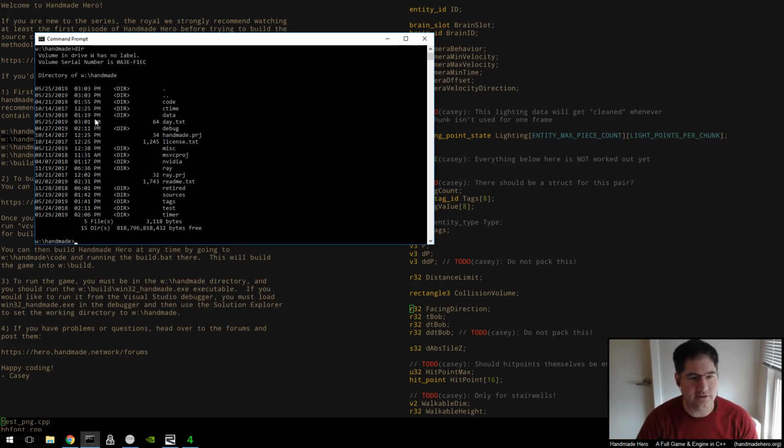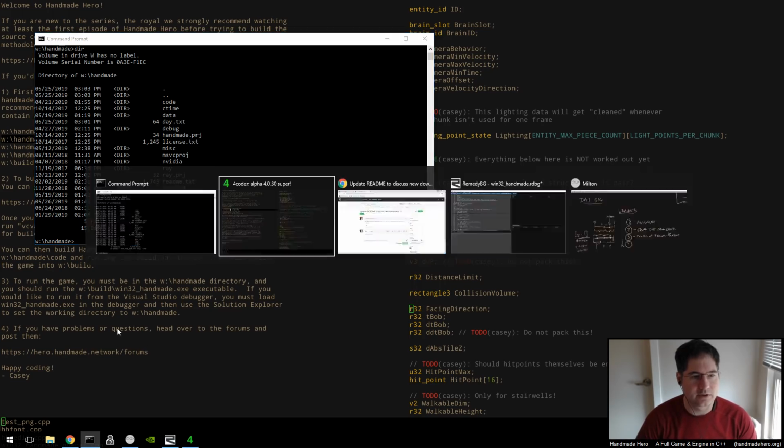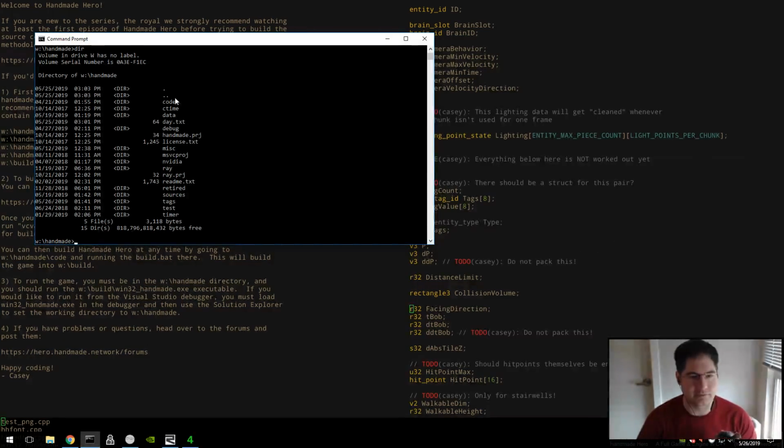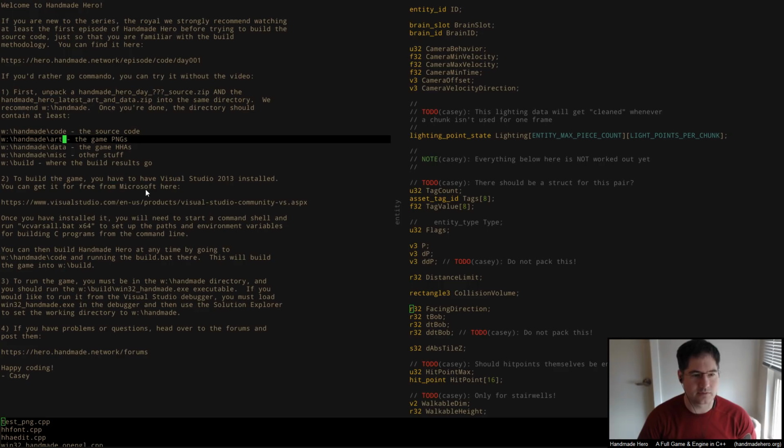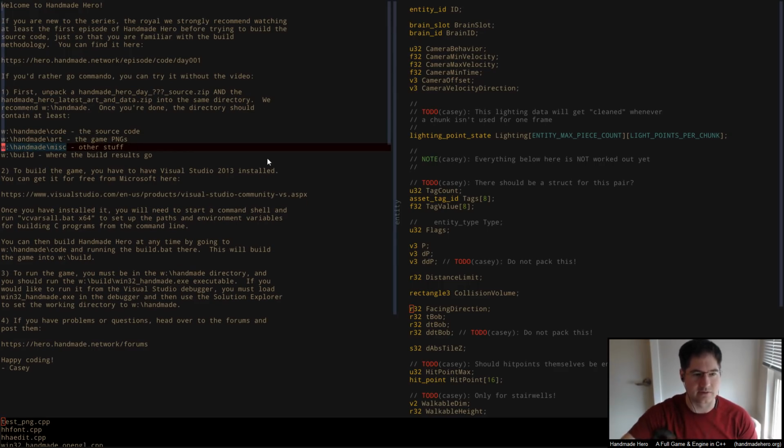So what we want to do is take a look at what's actually going to be in here. So the code directory, obviously, we know about. The data directory does not exist as a thing now, because it will just get created. So what we probably need to do, and in fact that's something we may need to make sure that our game actually does, meaning our